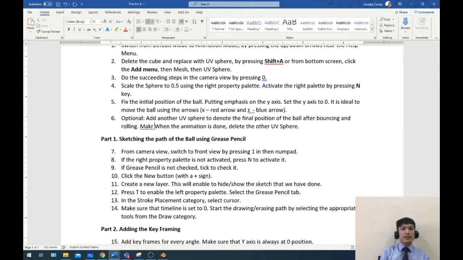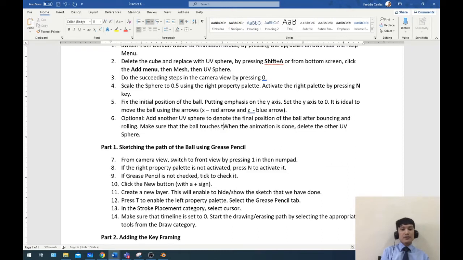Make sure that the ball touches the ground by setting Z position to 0.5. Okay,